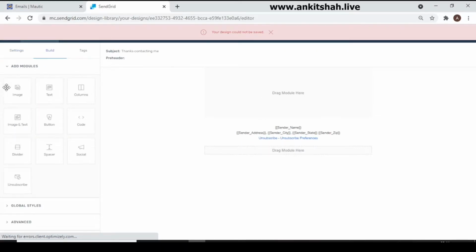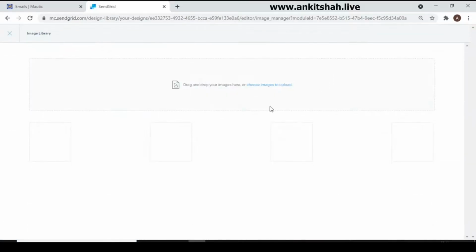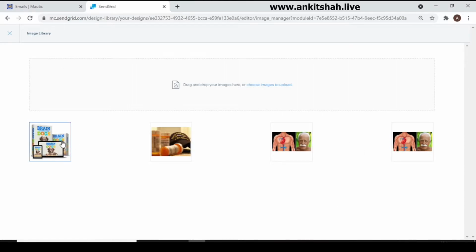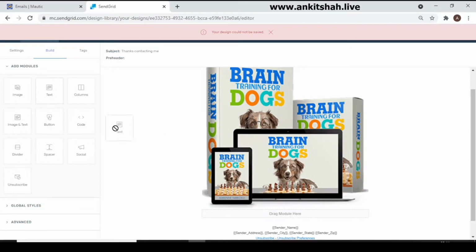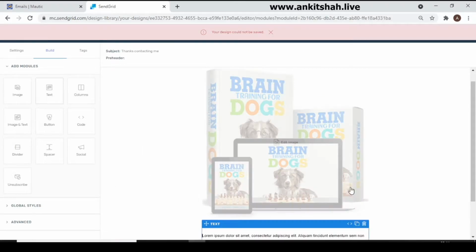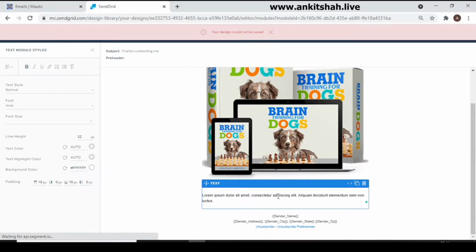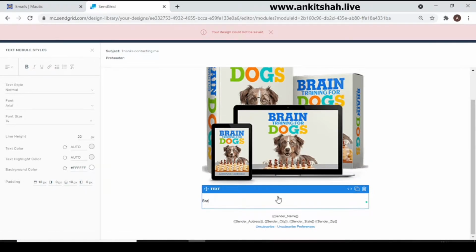Now you will get the option to drag and drop images, text, columns, image and text. I'm creating a demo email, so I'm just putting an image here. Now let me write down some text here. Bold.